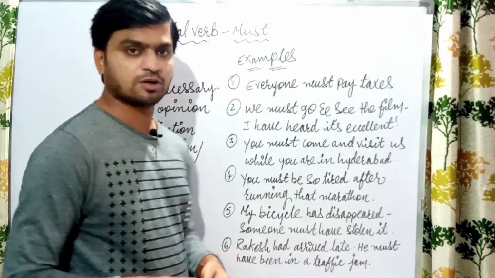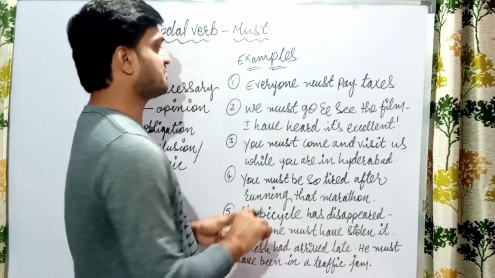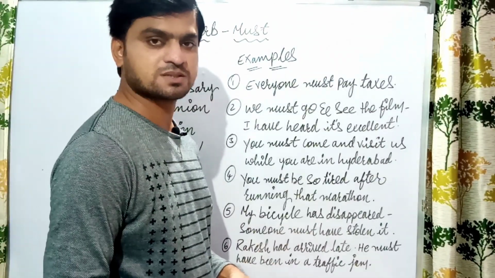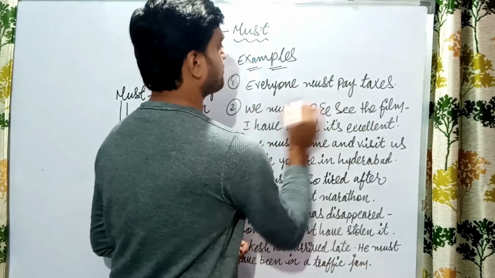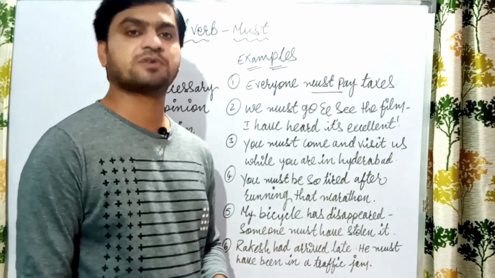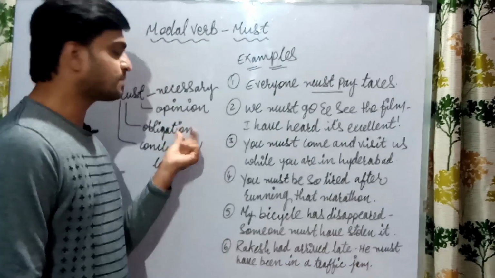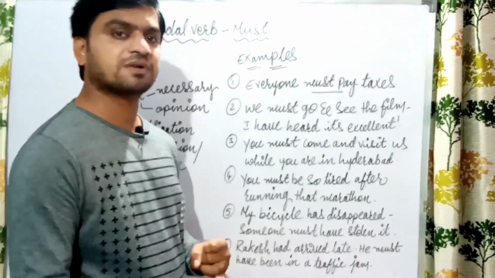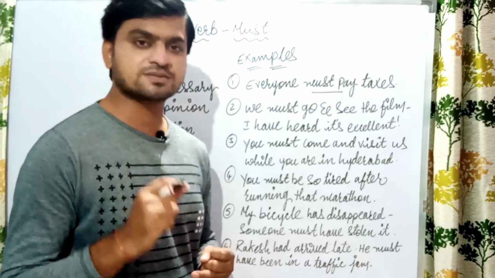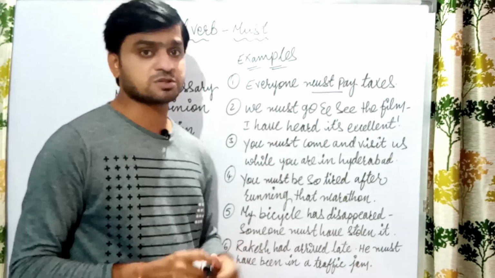And what is meant by obligation, we will see with the examples which are given here. So if you see the first one, we have everyone must pay taxes. Everyone must pay taxes. If you see must pay, it means what here? It is a responsibility of everyone. It is a responsibility of everyone. So what is meant by obligation here? In that we can say you are giving an idea to someone, or else we can say it is a recommendation, or else you can say it is responsible work done by you.